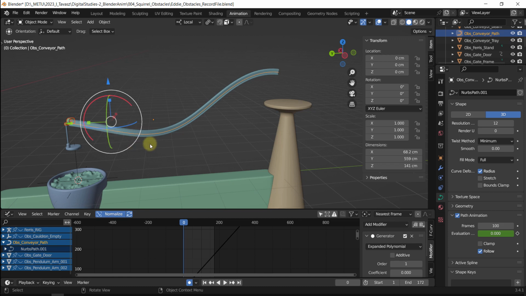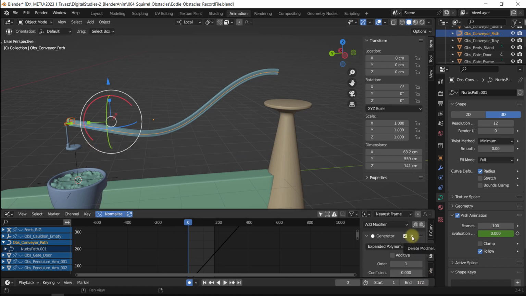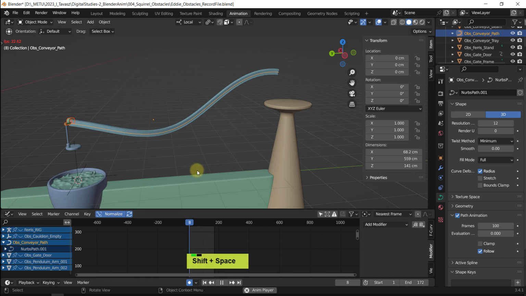So imagine that this is the speed and this is the actual position where this is already progressing. All right, this is working a little bit oddly, so it's easier if we do it in action and see it for ourselves. Now by default, if we play the animation, we have a generator, and that generator starts from the first keyframe. Now I will just delete that, and that is deleting the animation part of this whole thing. And the conveyor path is still here, but we have no animation key,